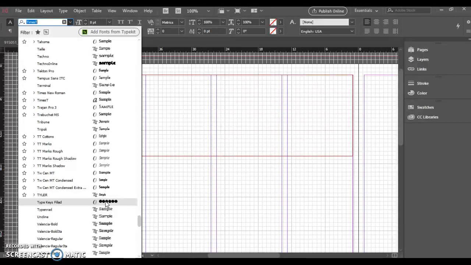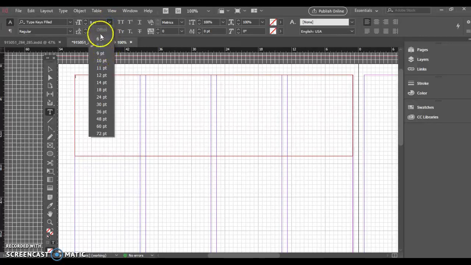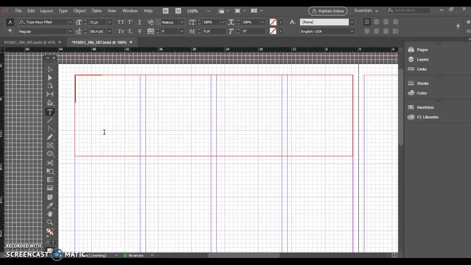So I'm going to pick this one right here because it's kind of an interesting one, and I'm going to make it nice and big. You should know points, the PT, that stands for point, and points are a measurement, and there are, I believe, 12 points in a pica. We're looking for 72 right now. 72 points equals 1 inch in measurement. So I'm going to go ahead and type,